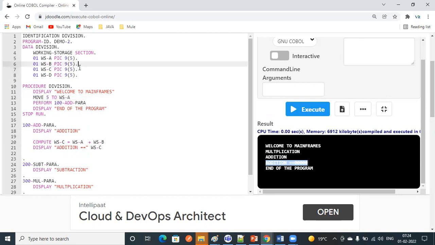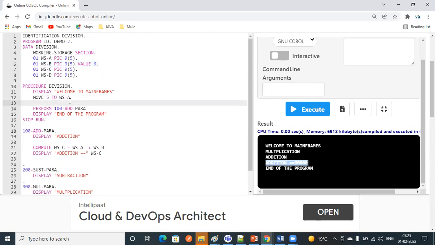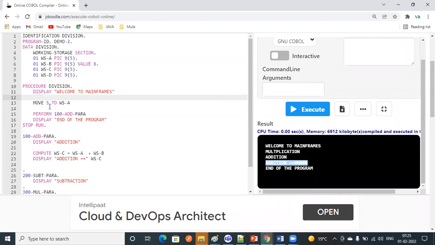So here itself, we can declare the variable. So you can declare the value inside this. I can give as 6. So you can declare directly the variable as well as value. The same thing, we can move it here. So both are same only. Okay. There are two methods to assign value to a variable.